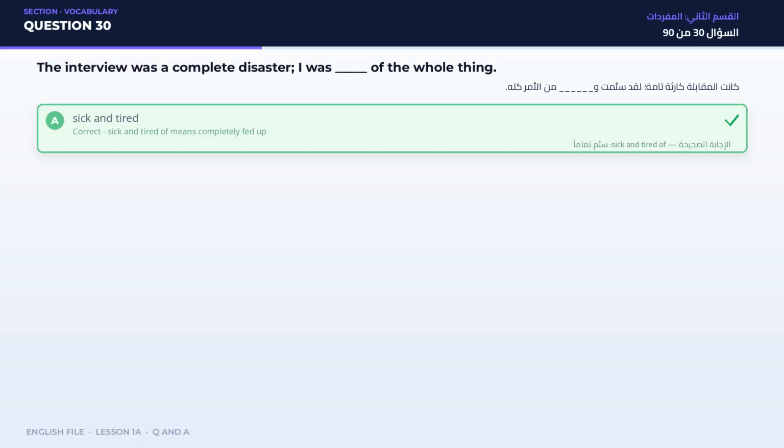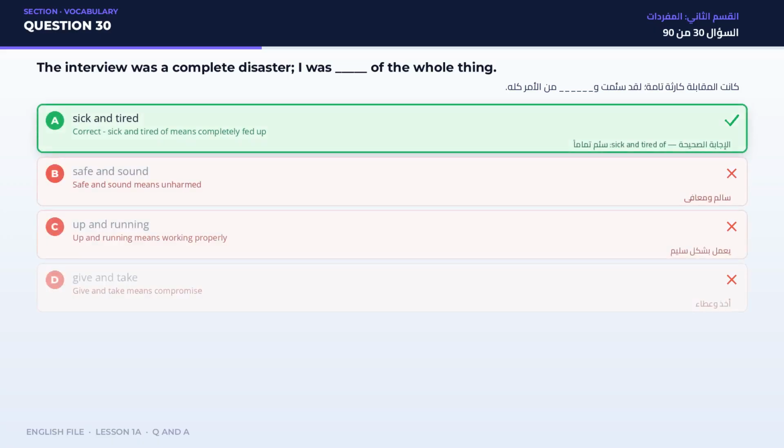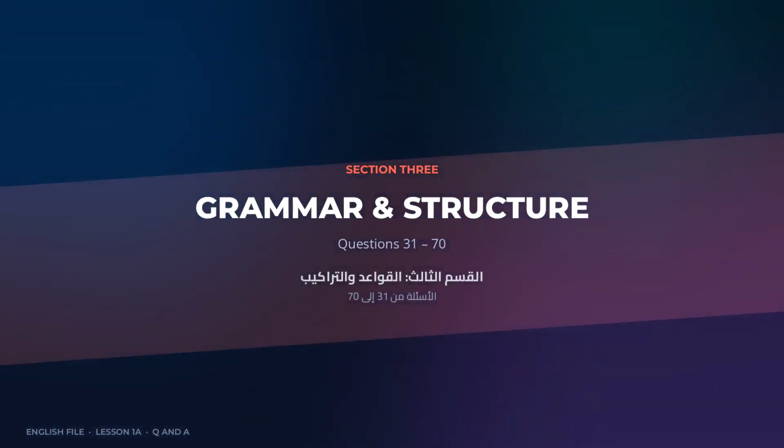And tired. Sick and tired of means completely fed up. Not B. Safe and sound means unharmed. C. Up and running means working properly. D. Give and take means compromise. Section 3. Grammar and structure. 40 questions. Question 31. The answer is